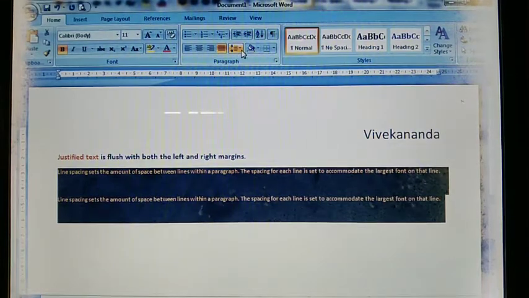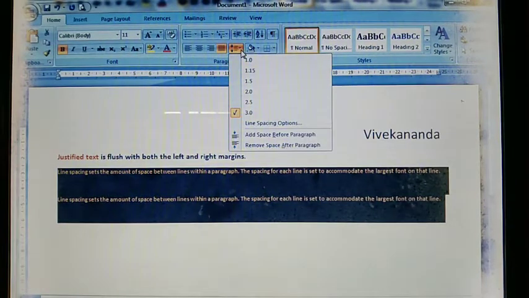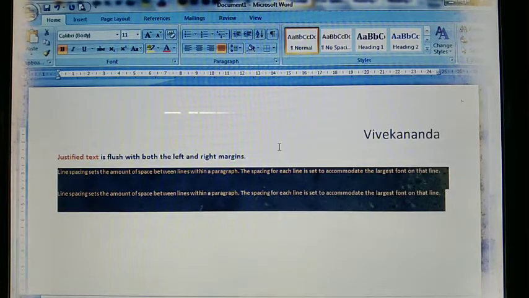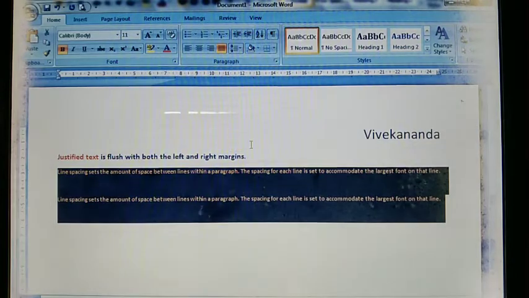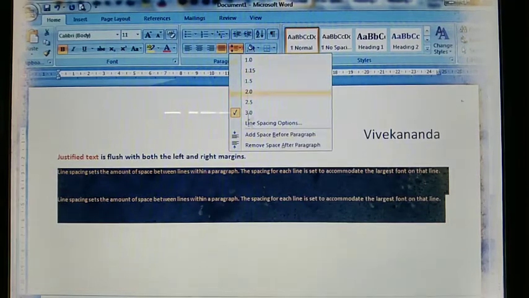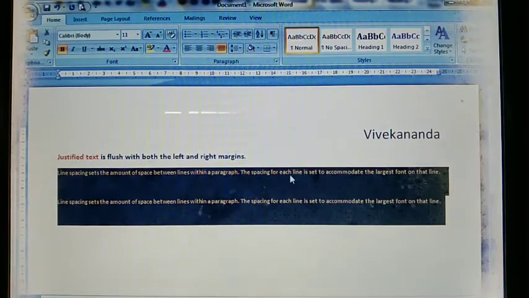Now if I want to remove the extra space after the paragraph, that means this is the extra space after the paragraph, this extra space must be removed. If I click on it, automatically the extra space is removed after the paragraph. Look again, if I add here, add the space after the paragraph, automatically you can add it. And if I add before the paragraph, it maintains the space before the line starts. Now I go to the next question.